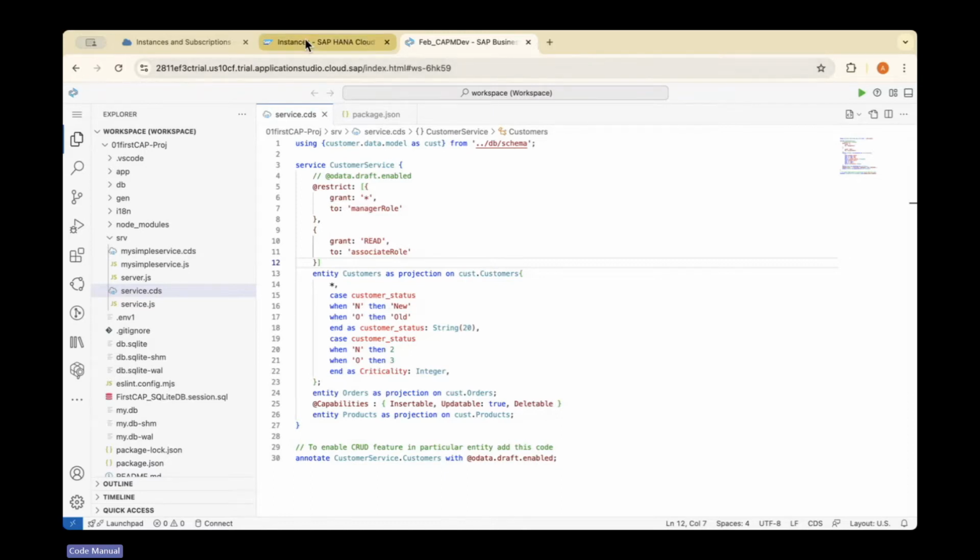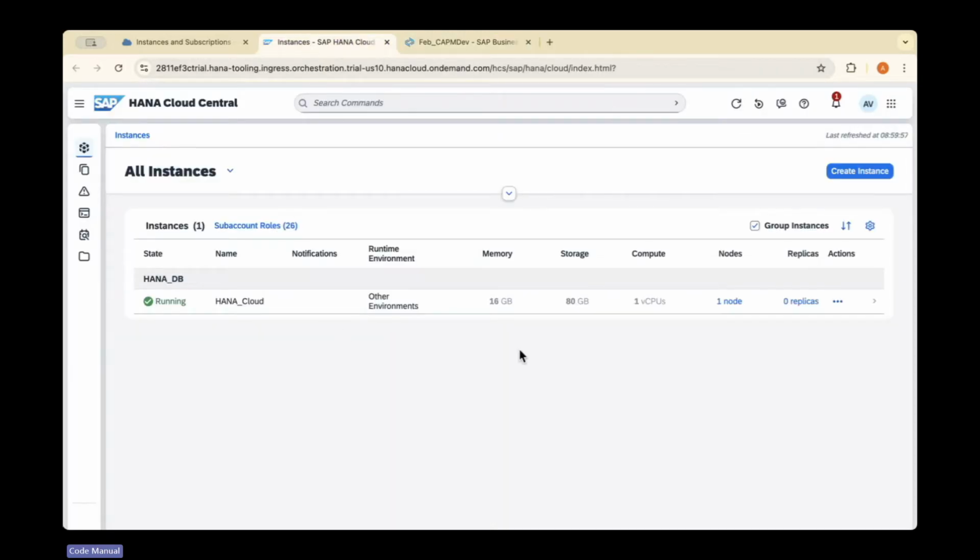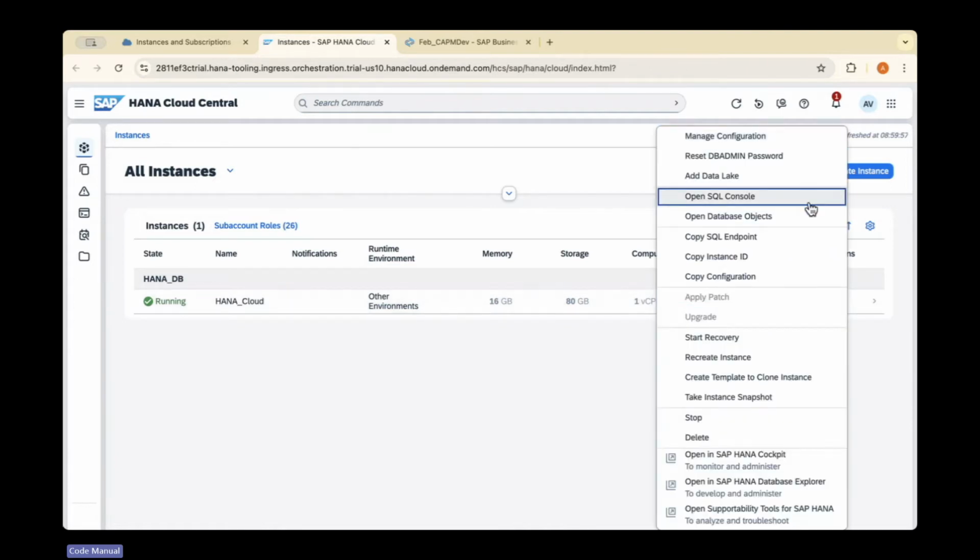I have checked whether our DB is running. Yes, our DB is in running state. Now we will add those things as a first step, then we will go with the rest of the implementation. Today, in today's class, we are going to